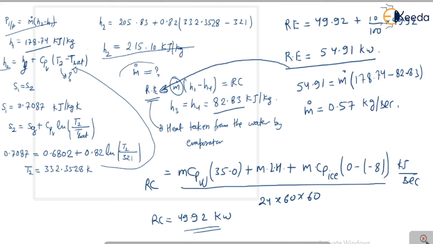For the mass flow rate you have to go for the refrigeration effect, and by this refrigeration effect you have to apply the heat transfer from the system from specific heat to latent heat to specific heat, and by this way you calculate this RE effect, and by the application of this RE effect you easily get the mass flow rate,